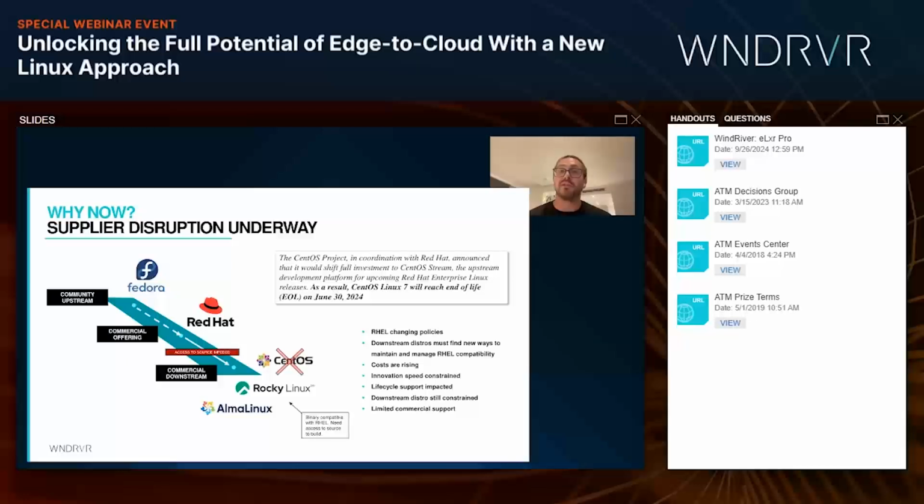They're looking for folks who are going to be true to the upstream first development methodologies. They're looking for folks who are familiar with being able to provide a global support footprint.